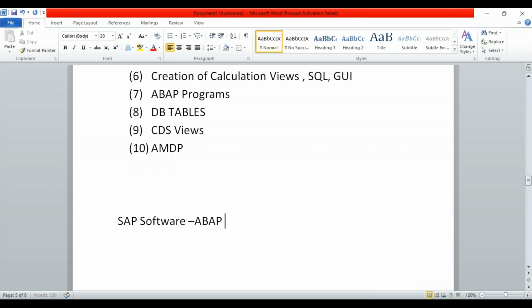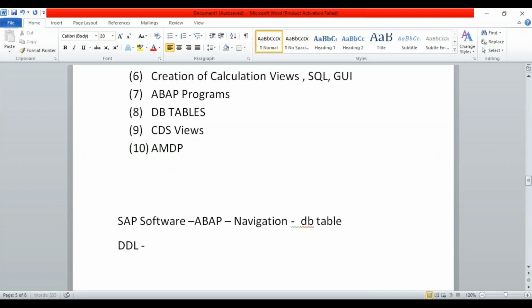So if you want to create a database table, you have to do it through navigation. Okay, you have to go to SE11 and create it through navigation. You don't have the authorization or any access to create a database table by writing code. You can insert data into the database tables using some logic, but you cannot do this. So that language is called